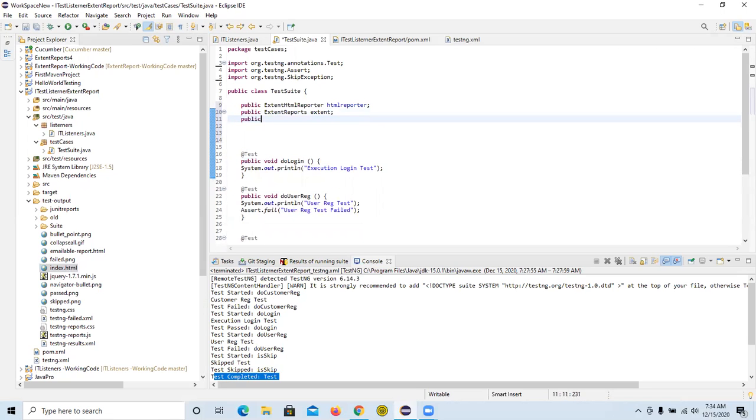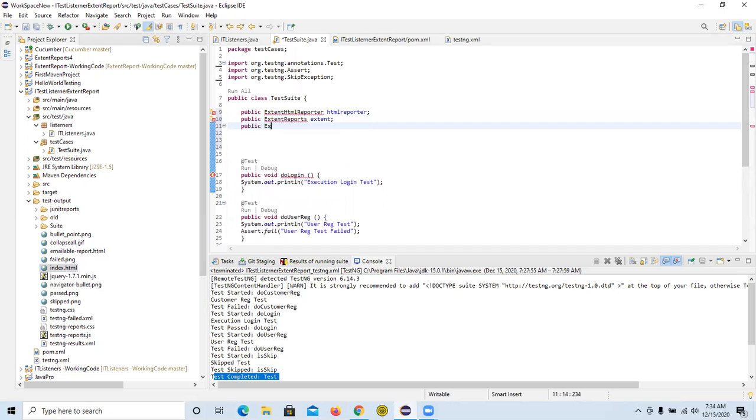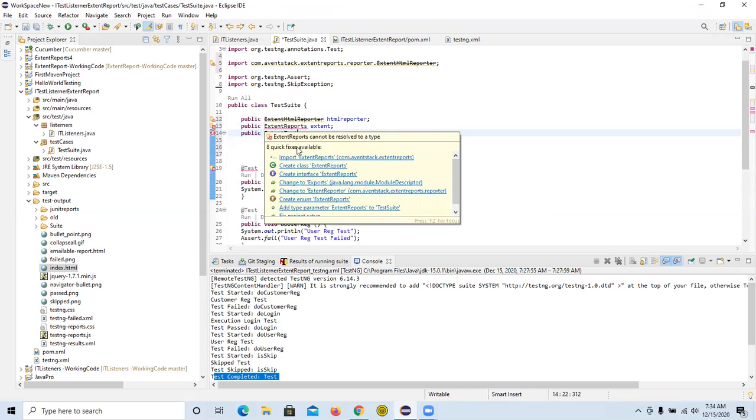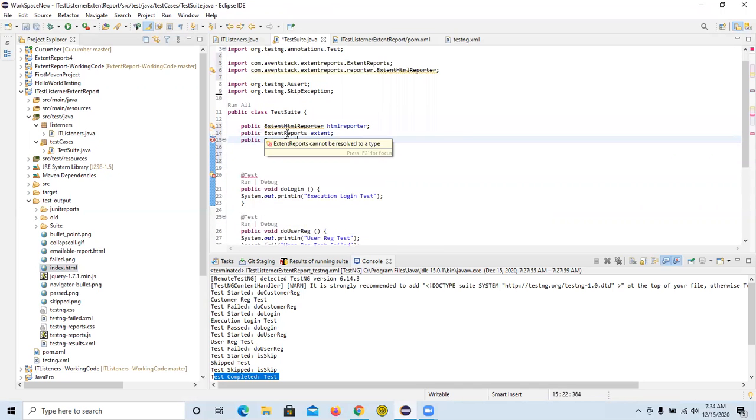And there's another one for all the tests, ExtentTest. So first I want for HTML, ExtentHtmlReporter, then I want for ExtentReports, and then I want for all my test cases. So I will just come here, I will import one class, I will import another one, and I will import,